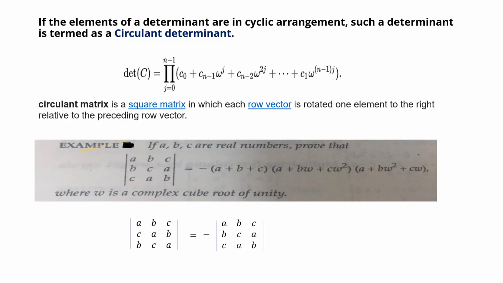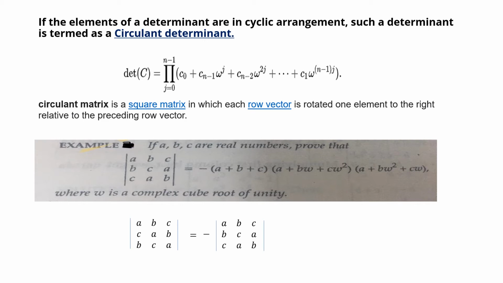The next shortcut technique is for the circulant determinants. Now what are circulant determinants? For that you have to understand that these are square matrices in which each row vector is rotated one element to the right. How? Let us understand. Suppose we have